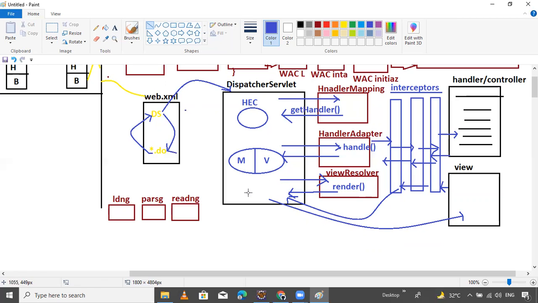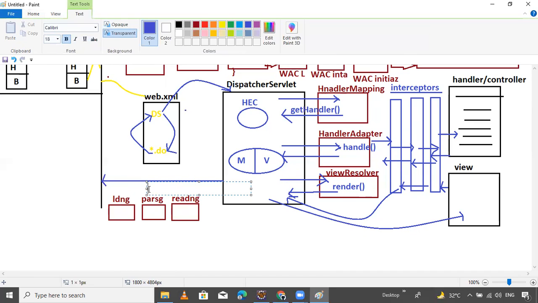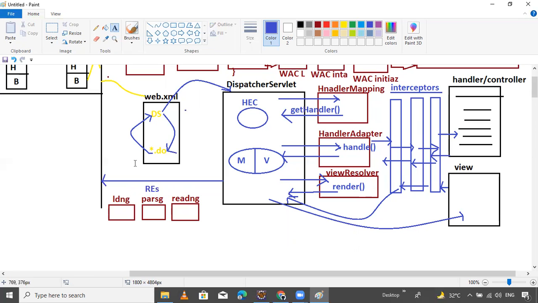It is the dispatcher servlet's responsibility to generate the view part and go back to the server. This is nothing but the response.